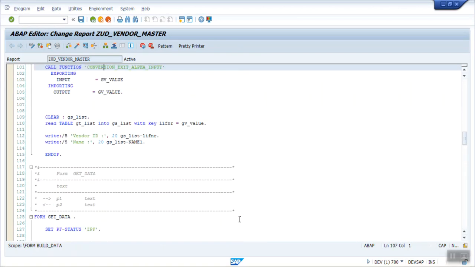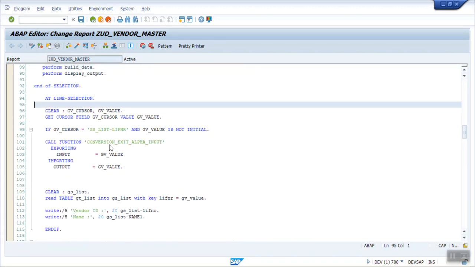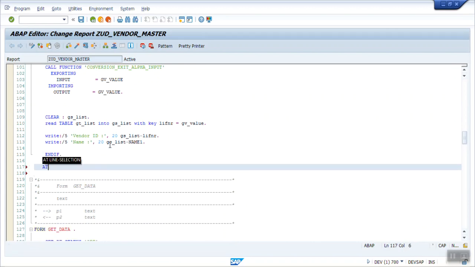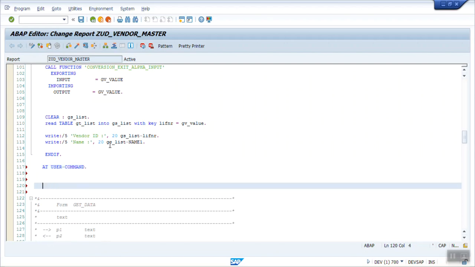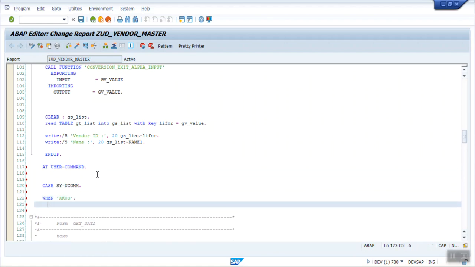So we have written earlier logic here after end of selection. So after this we will write the logic at user command. At user command, and here we have to check the value of sy-ucomm, right, case sy-ucomm, that is user command, and here write the condition, that is when XK03, that is when user has clicked on the XK03, and here in between we have to write our logic.